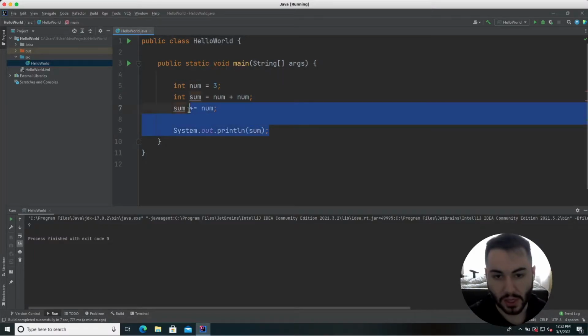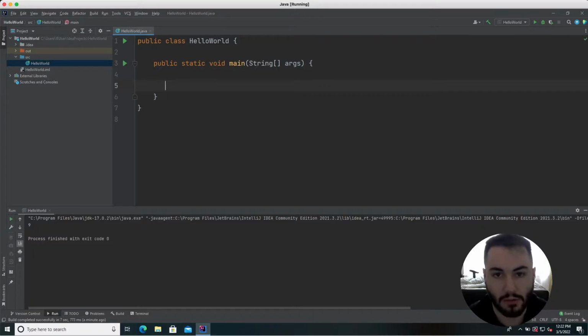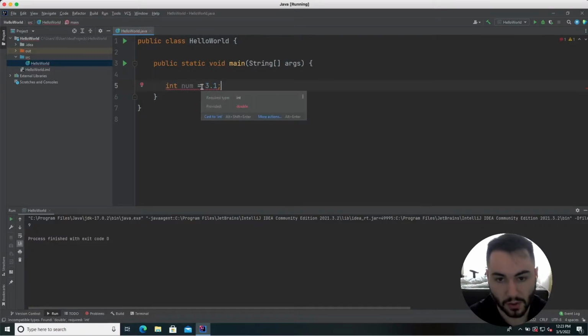Great, so now that that's done, let's clean up here and talk about doubles. Doubles are very similar to ints. They store numbers, however, they store them with decimals. If you try to declare an int that has a decimal, you will get an error. For example, if I do int num equals 3.1, look, it's underlined right here: required type int, provided double. So in order to fix that,